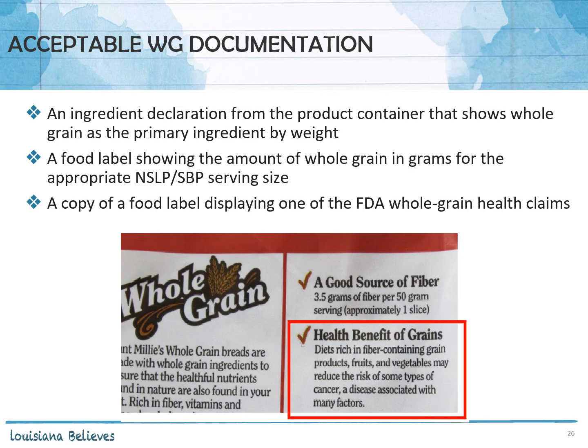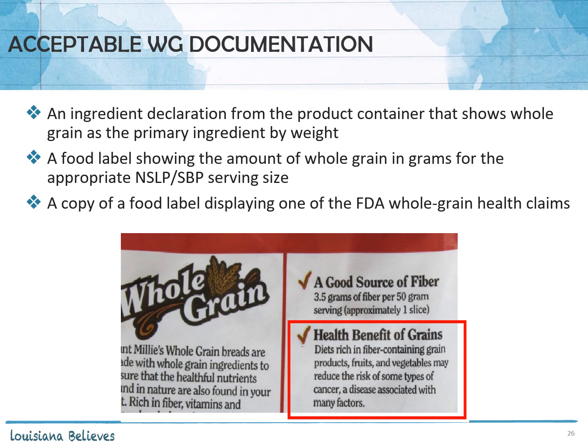This may be determined by information provided on the product packaging or by the manufacturer. Also, if a grain product contains a meat alternate, manufacturers may apply for a CN label to indicate the ounce equivalent of grains in a food product. Or, number 2, the product includes one of the following FDA-approved health claims, such as diets rich in whole grain